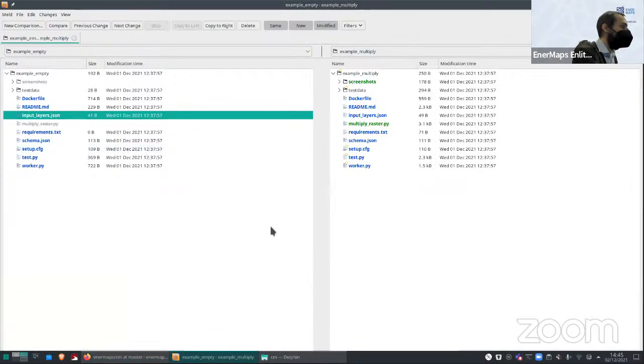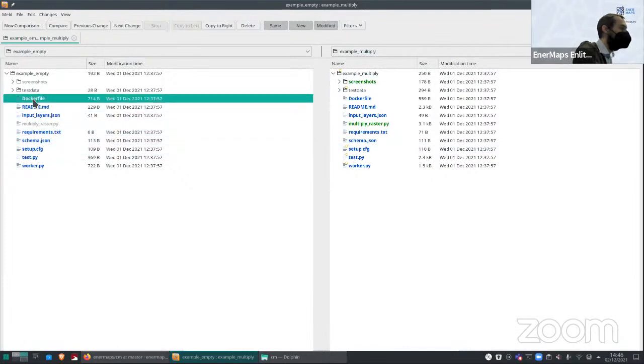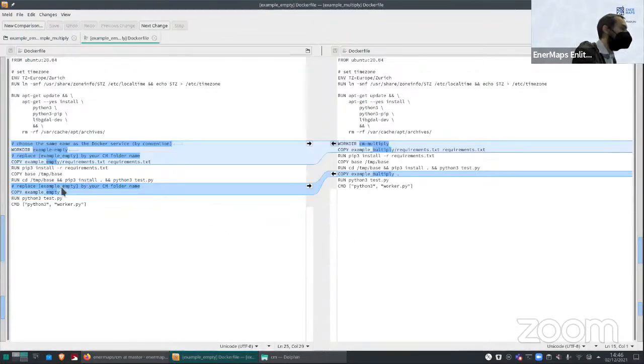Here I'm comparing the two folders, the empty and the multiply calculation module. Each calculation module has a Dockerfile where basically you define how to build your calculation module: which software you need, what must be installed, and what has to be performed before running the calculation module worker.